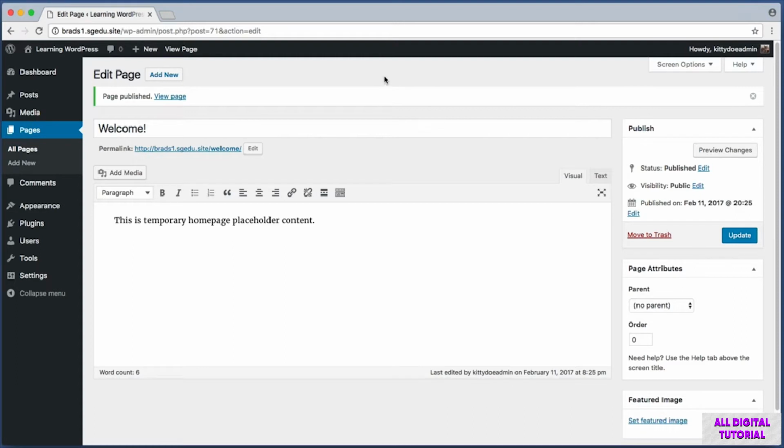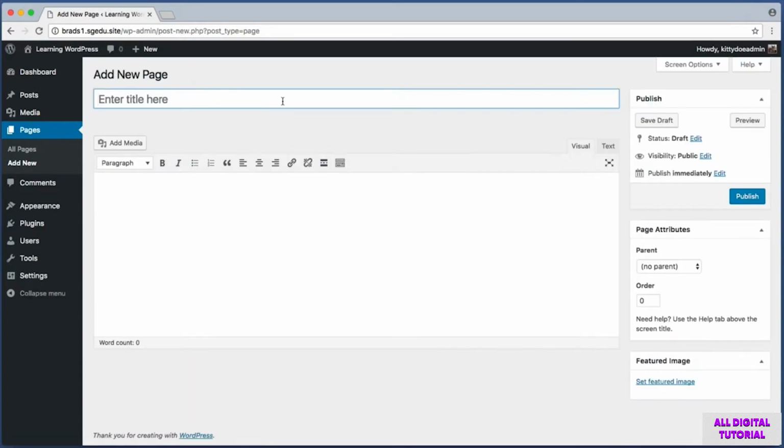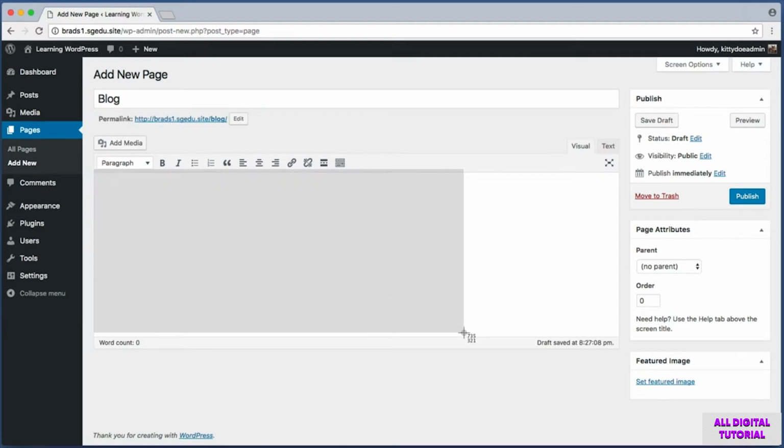Okay, now let's create another page. So you can use this Add New button, or you can use this Add New button. This new page will be the generic blog listing screen. So I'm going to give it a title of Blog, but maybe you want to name it News or Journal or something along those lines. You get the idea. But I'm going to name mine Blog. You could name it whatever you want. And for this page, we can literally leave this main content field completely blank. Then let's just go ahead and use the right-hand blue Publish button.